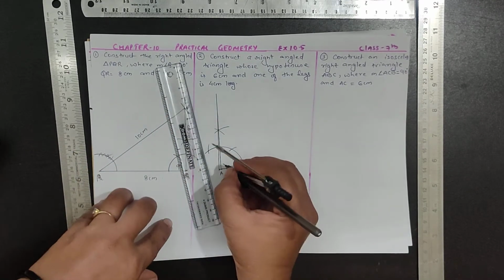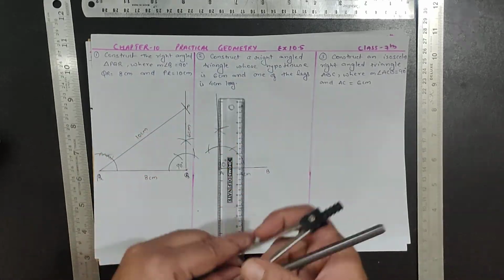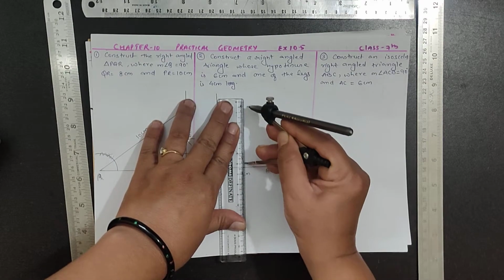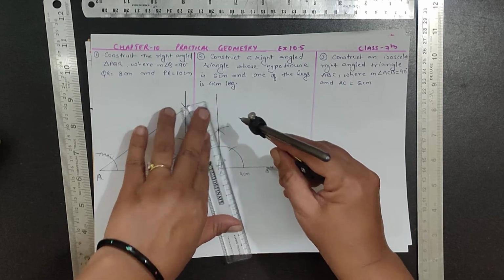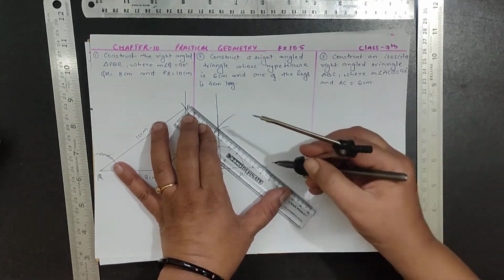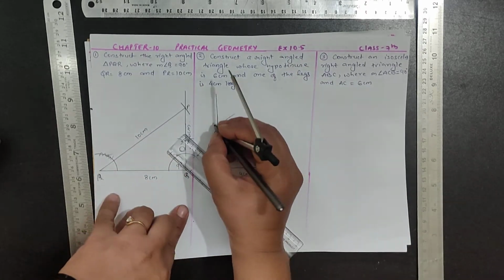It is your 90 degree. So this is your 90 degree. You need to construct 6 centimeter. So from here take a measurement of 6 centimeter, taking B as radius. Put here an arc. This point is C. Here you will get